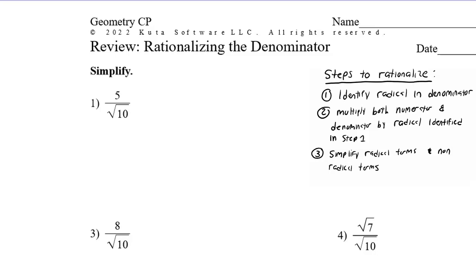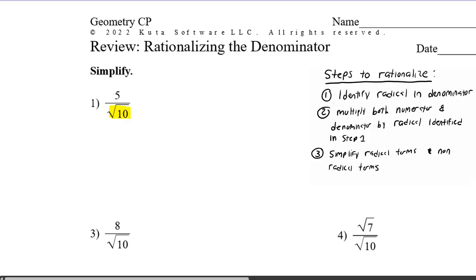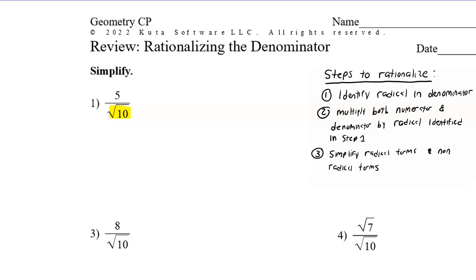On the right-hand side, I have the steps that we need to do to rationalize. So we're going to look at number one. It says identify the radical in the denominator. The radical that we need to work with here is the square root of 10. I do not want to have the square root of 10 in my denominator. So what we're going to do is what step 2 says. We're going to multiply both the top and the bottom of the fraction, so the numerator and the denominator, by